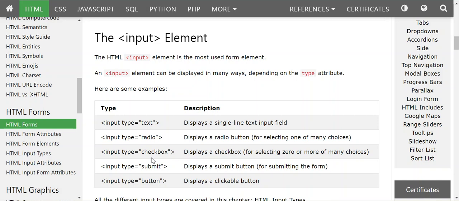And then so the user can choose more than one option. And input type equal to submit. Submit is, I told you, it's a button. So wherein when you